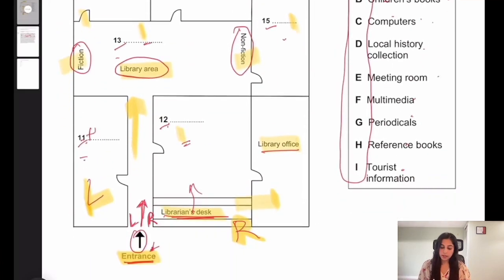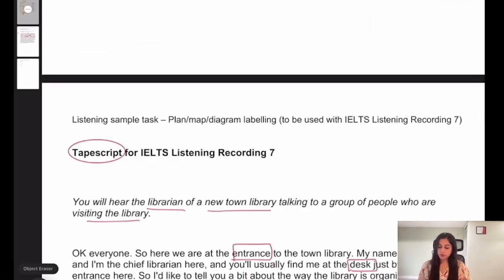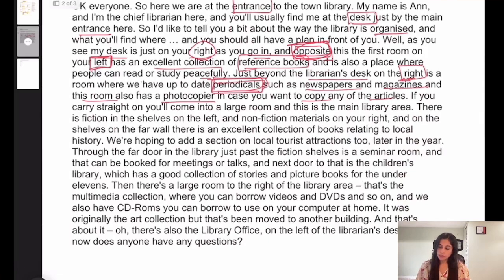This would be H, 12th one would be G, periodicals. And then we move on to the next one. It says, if you carry straight on, you will come into a large room. So straight